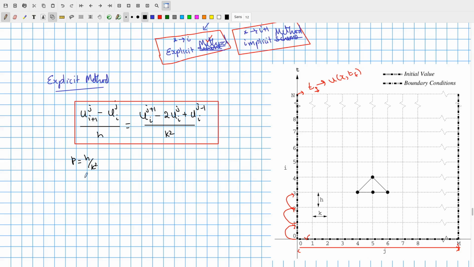So now, expressing p as h by k square, if you see in this equation, when I start with i equal to 0, all of these are known quantities because these are the initial values. So only this is an unknown quantity, and we will find out u1j, and then keep on doing. So if you see carefully, u of i plus 1 is the unknown and all the i's are known quantities, and if you represent h by k square as p, then this equation is going to be, let me write it bigger,